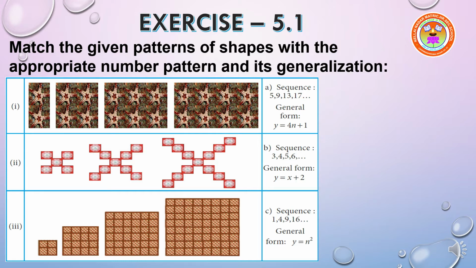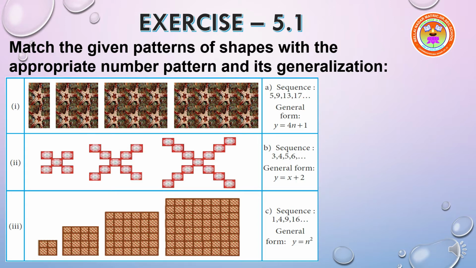Now, let's move on to the second question. In the first step, there are 5 boxes, okay? 5 shapes. Next, in the second step, there are 9 shapes. And in the third step, there are 13 shapes. Yes, children? So, the sequence will be like 5, 9, 13, etc. So now on my right side, option A is the correct pair for this second subdivision. Yes? Now, remember that for the second it is A.